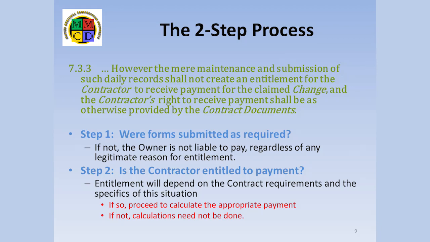GC 7.3.3 makes it clear that when a contractor proceeds with work before or without having a change order, the mere submission of the daily forms does not constitute entitlement to be paid. In fact, even having those forms verified for accuracy by an inspector or the CA makes no difference. 7.3.3 reads, "However, the mere maintenance and submission of such daily records shall not create an entitlement for the contractor to receive payment for the claimed change, and the contractor's right to receive payment shall be as otherwise provided in